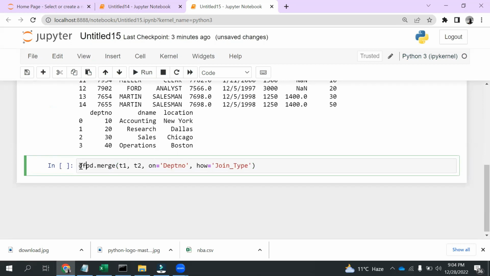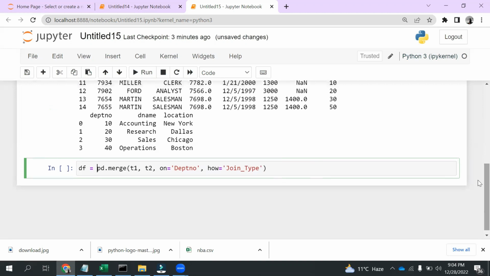So let's say df equals pd dot merge table one. Our table one is employee, and then table two is department. So this is tpt, and on condition department number. Okay, and join type, let's first use inner,